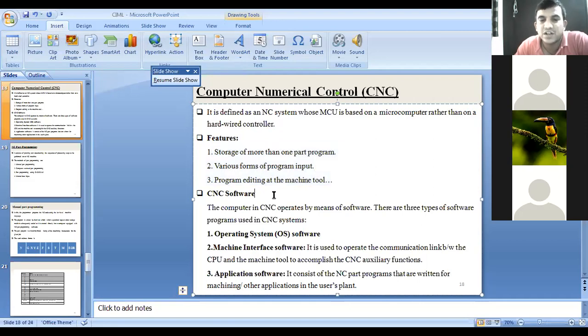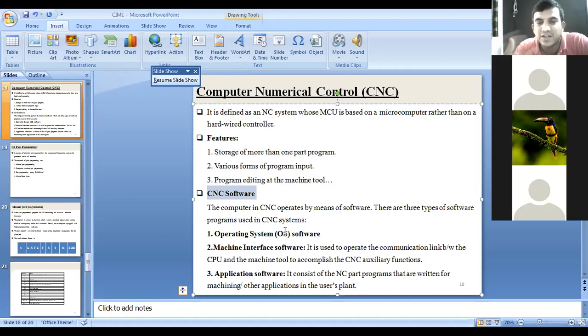If you use a computer, again we need software, right? Here we have CNC software. First, you should know what the software is. In general, we have three types of software. Suppose you purchase a laptop or desktop system. First, what do you install?